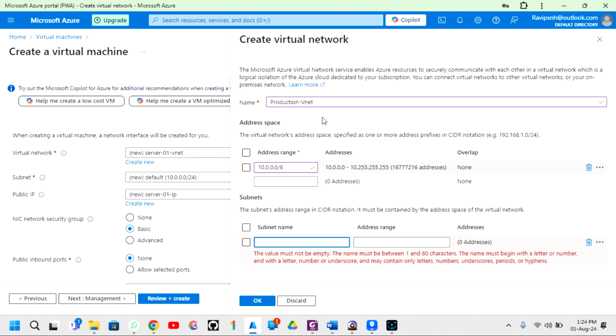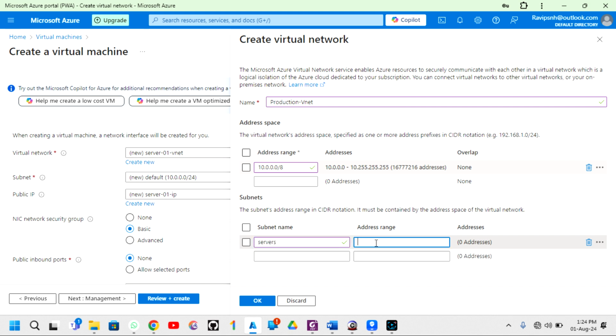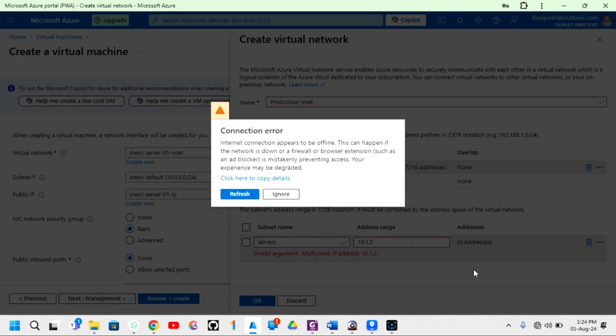Similarly, here I created one virtual network. Inside that, I can create multiple subnets, that means multiple VLAN segments. Say for example I am creating one VLAN segment for my servers. So in that server I can use the production, I have to mention the